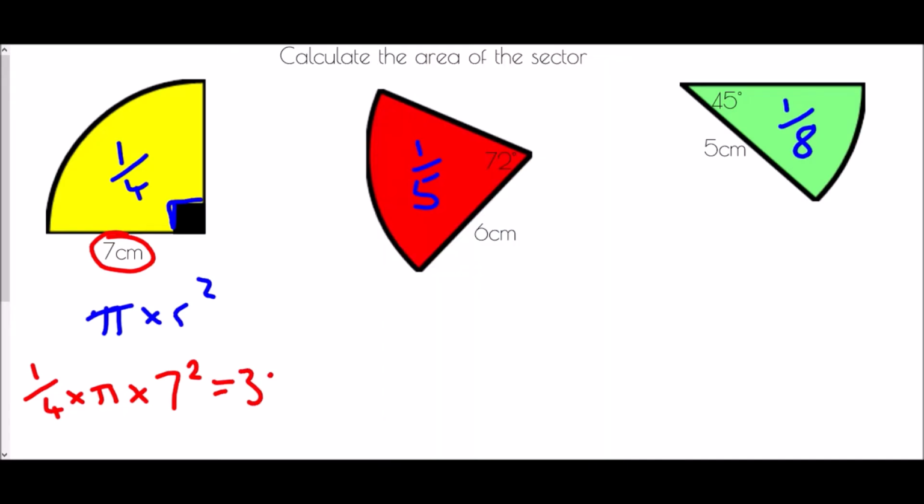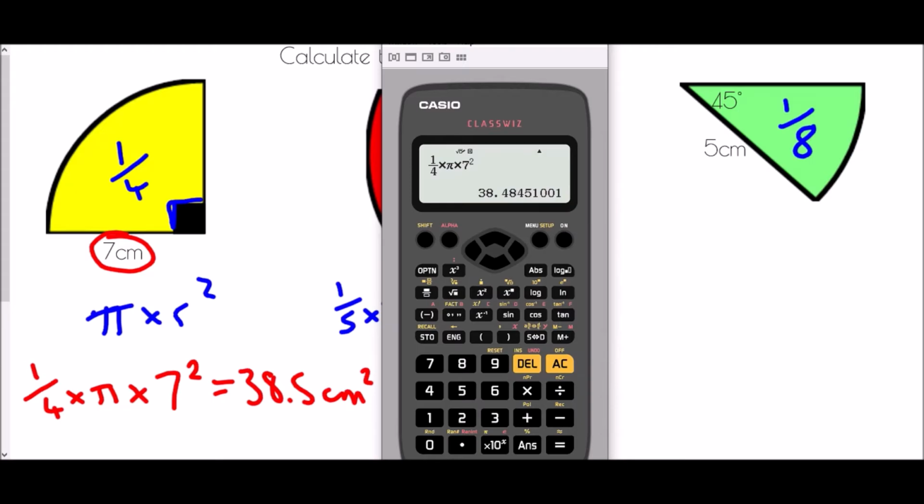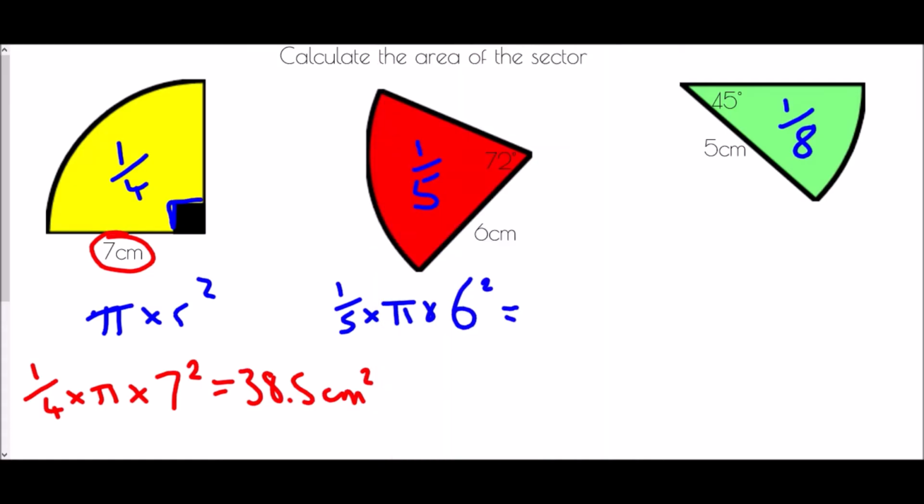And so 38.5 centimetres squared. In the second one, we know that it's a fifth of the full circle, so we're still going to use pi r squared because it's still about area, and so all I'm going to do here is a fifth of pi times r squared, and r in this case is 6. And we'll type that into our calculator. 1/5 times pi times 6 squared, and that is 36/5 pi, or to one decimal place, 22.6